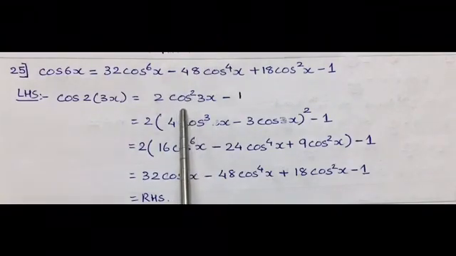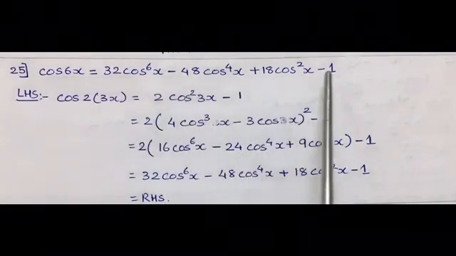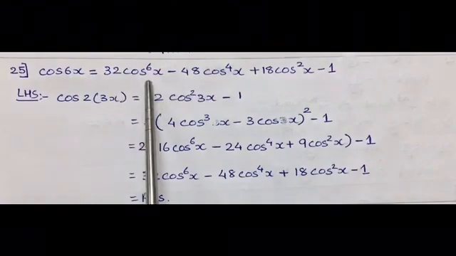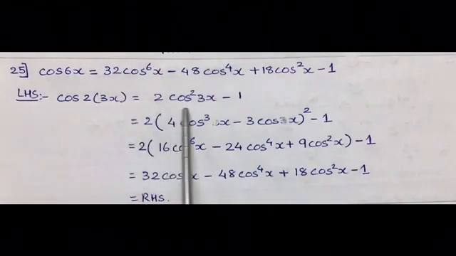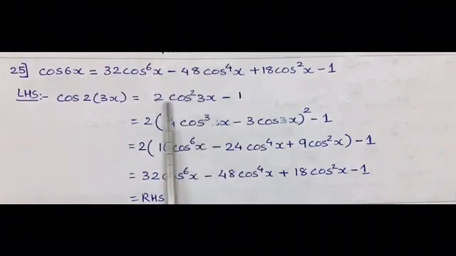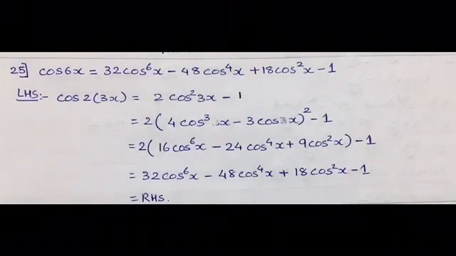We haven't taken the formula of cos square x minus sin square x. Reason, we don't need sin square or sin in the RHS. So the formula of cos 2x is being used where only cos is there. So this is how the judgment of the formula is to be done. What is needed in the RHS, according to that the formula will be applied.